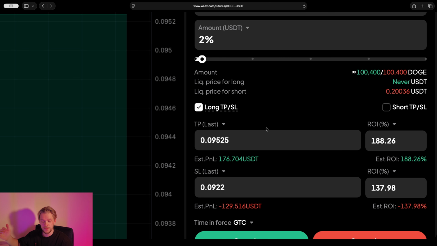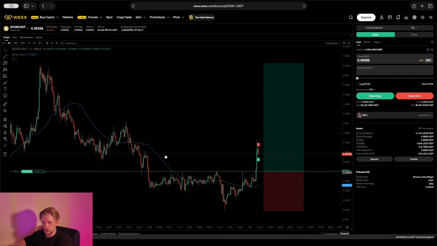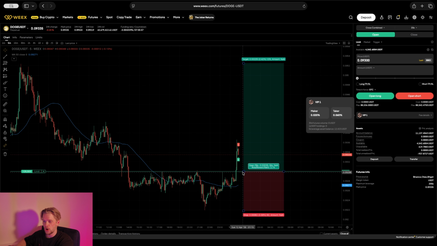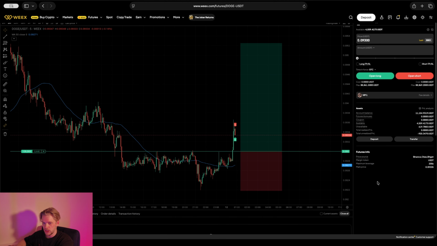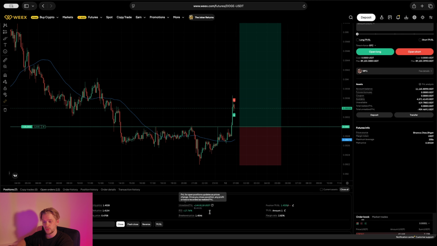with bigger leverage. Let's click long, open a position, and as we can see, the limit order has been set. If the price comes back down, it will test this level, open a position, with automatic take profit and automatic stop loss. If I want to cancel it, just click X and that's it. And if you go down here, you can see all your open positions, your open orders, your limit orders and everything. And if you want to close the position, simple, just press on close, flash close, and the position will be